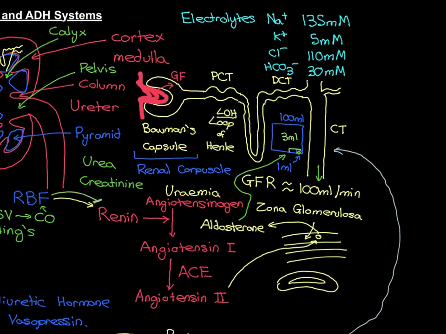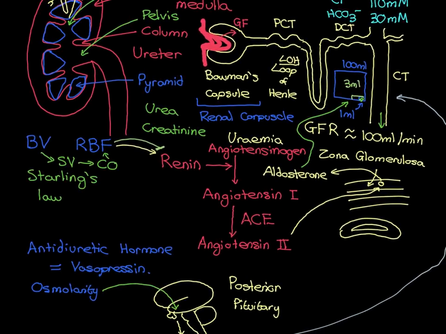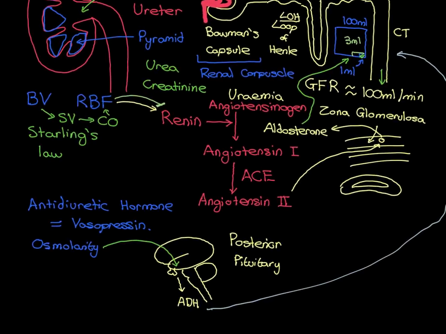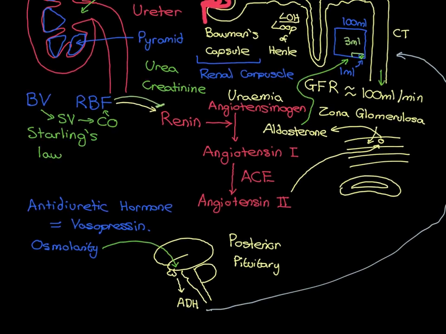So, let's just summarize what we have said so far. And in particular, I want to talk about the scenario where you drink a glass of water again. So, if you drink a glass of water, both systems are going to be activated because blood volume is going to go up, but also blood osmolarity is going to go down. So blood volume going up is going to decrease the activity of the renin-angiotensin-aldosterone system, which is going to tell the kidneys to make a larger fraction of the glomerular filtrate into urine, and therefore is going to increase the